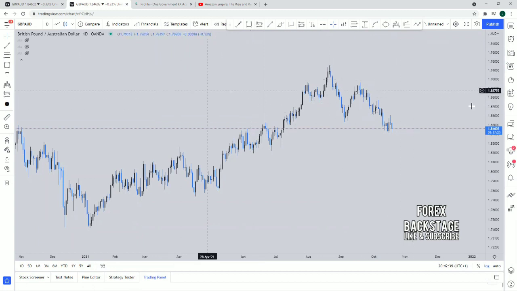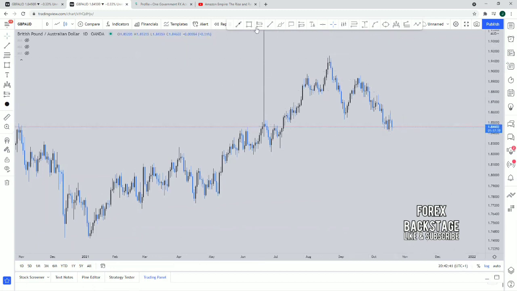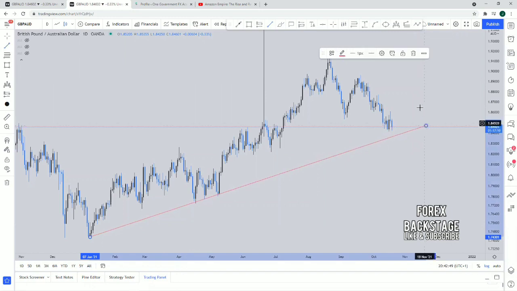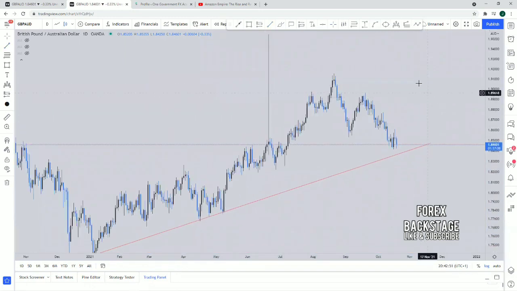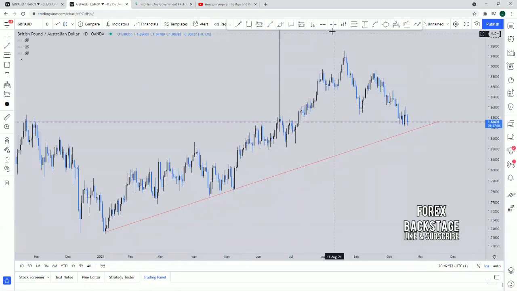From my perspective, here on my daily time frame that I'm working at, you can see we have some sort of support on GBP AUD here. From my point of view, we still have support around this zone. So I'm going to look at the market two ways here. Price can move back down into this zone and then reverse back up towards the upside here,